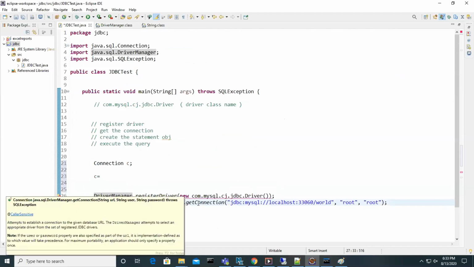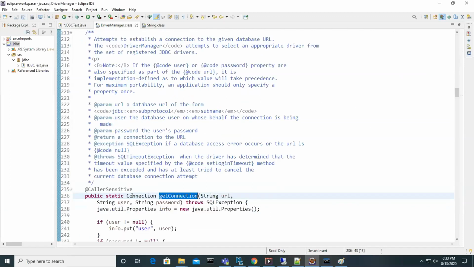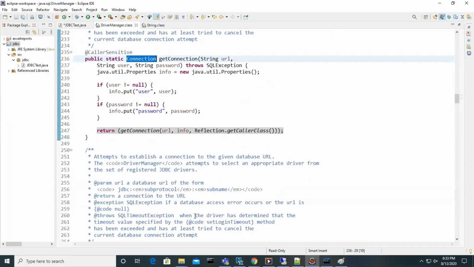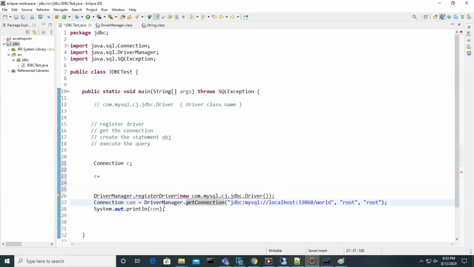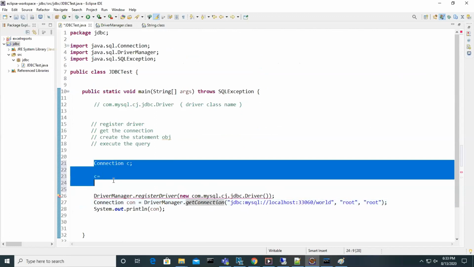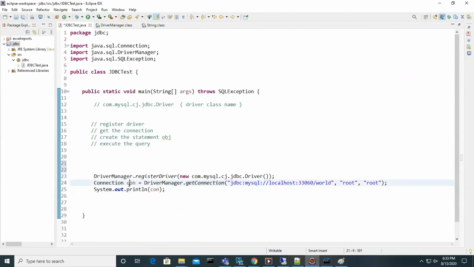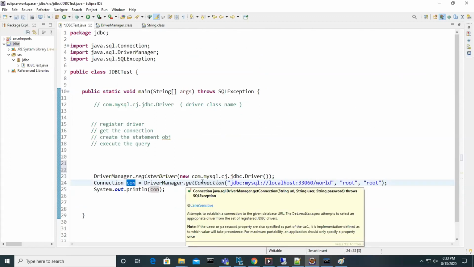So the getConnection method will return the Connection interface type, but that has its own implementation class. So the answer here is the implementation class of the Connection interface, which can be held here. Where is that implementation class available?